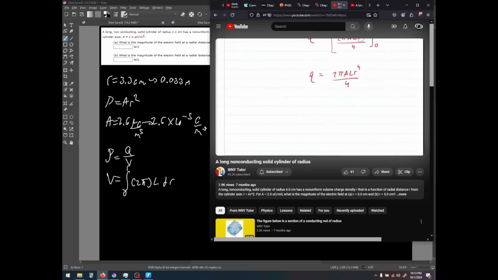Now that we have the total amount of charge enclosed by the cylinder, we turn to Gauss's law. Gauss's law tells us that the total electric flux through the Gaussian surface